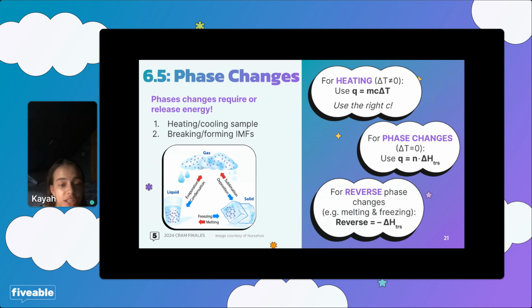Okay. And remember, the reason why delta T is 0 for phase changes is because the temperature doesn't change when the phase changes. So with your heating and cooling graphs, when you have that plateau, that straight line, those are your phase changes, and temperature remains constant. You only have temperature changes within the same phase. Don't confuse those, because that may trip you up, because you may think, wait, but you have that heat to have that phase change. In this case, no, when you have those phase changes, the temperature remains constant.